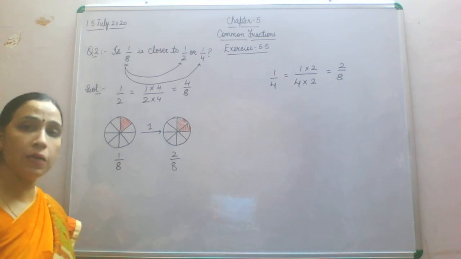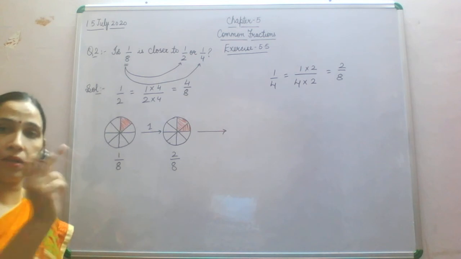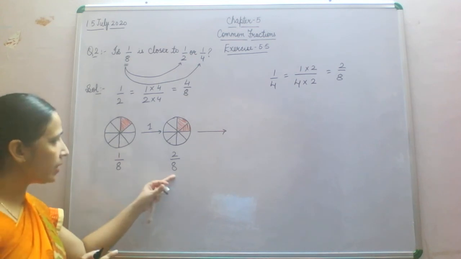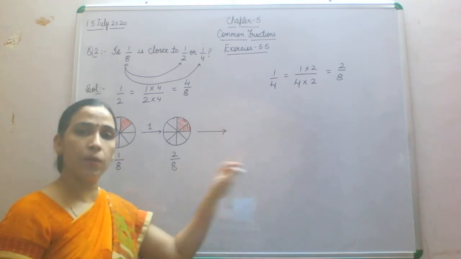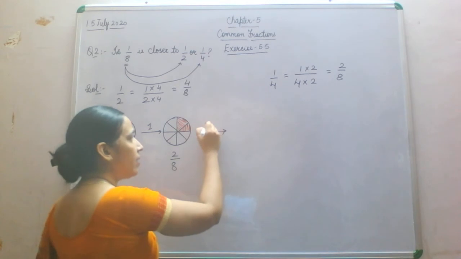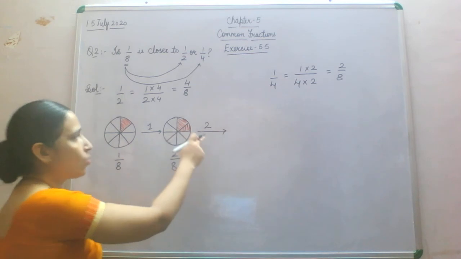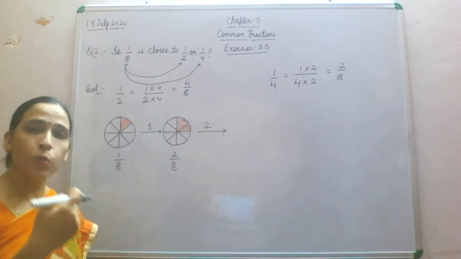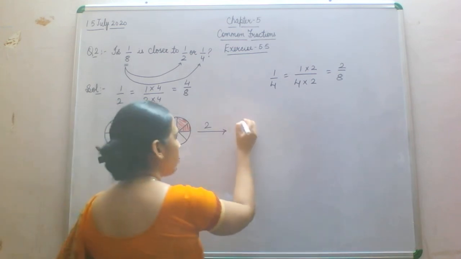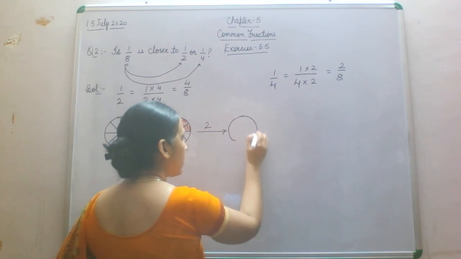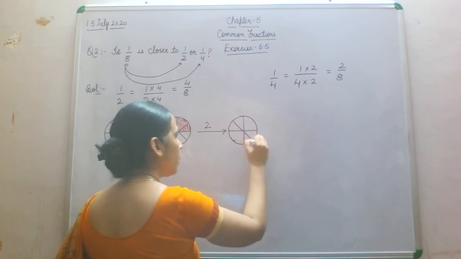Now similarly, we have not got 4 by 8 yet, so again we will add 1 by 8. You are gradually adding 1 by 8. Whatever you get here, again 1 by 8 will be added, and then whatever we get, again we will add 1 by 8. And here you will write the number of times you are adding 1 by 8. Like once we have added 1 by 8, then twice, and if we add it thrice, then we will write 3 there. Fine. Again, what do we require? We will draw a circle, and the circle will be divided into how many parts? Yes, we will divide it into 8 parts.